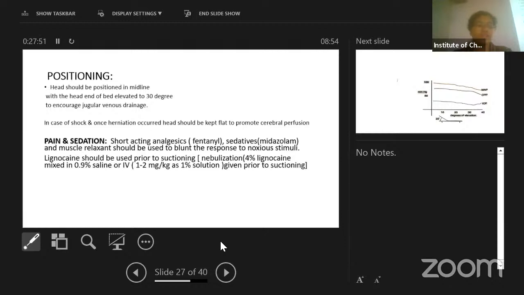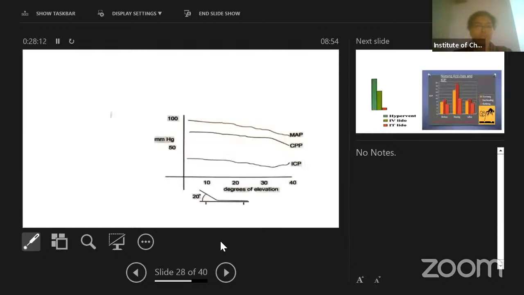Pain and sedation. Short-acting analgesics, sedatives, and muscle relaxants should be used to blunt the response to noxious stimuli. Lignocaine should be used prior to suctioning. Nebulization with 4% lignocaine mixed in 0.9% saline, or IV at 1 to 2 milligram per kg as a 1% solution, is given prior to suctioning. This is the graphical representation of ICP, cerebral perfusion pressure and mean arterial pressure at